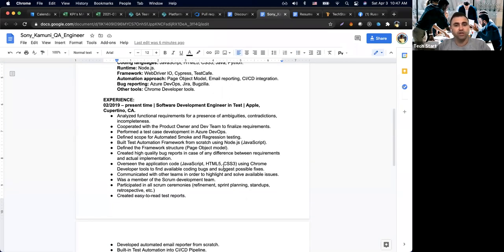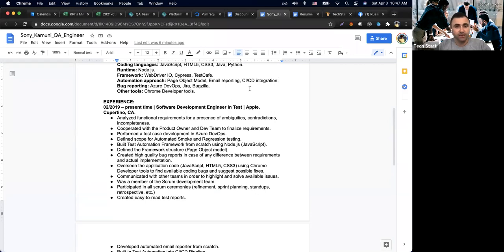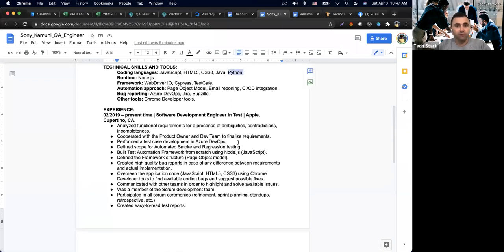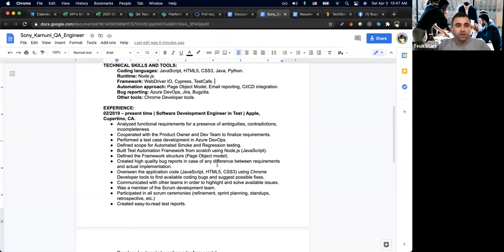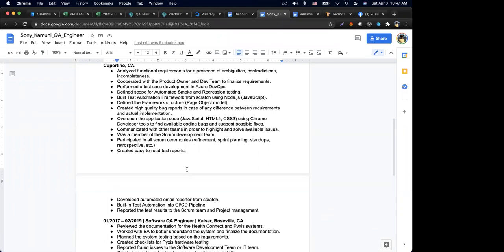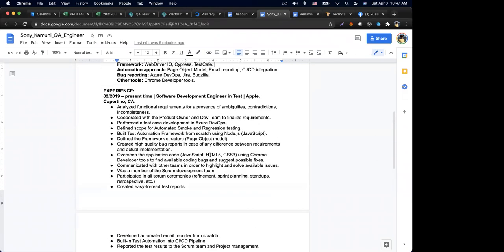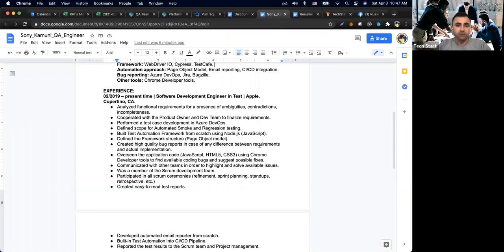At this point, I already reject this resume because I don't see the skills I'm looking for. I don't see the experience I'm looking for. So if you mentioned Python here, because you probably have some experience with Python, you need to mention exactly what framework you used, and you need to mention where and when and how you used Python, for example, right? Let's say